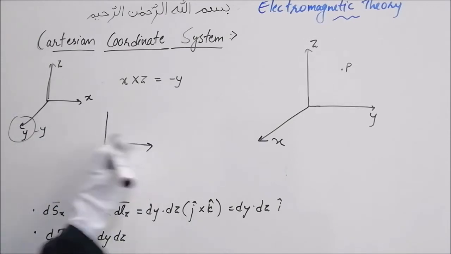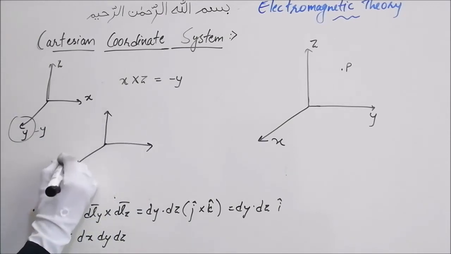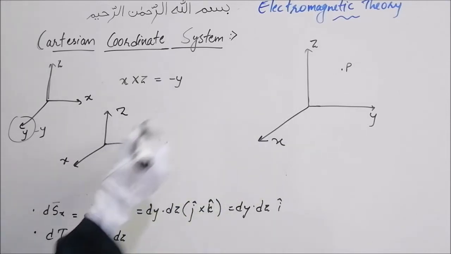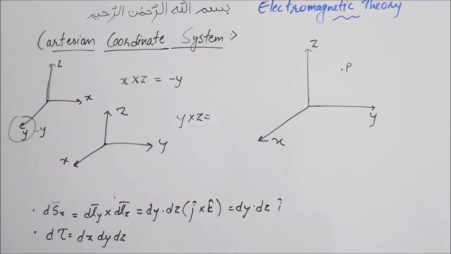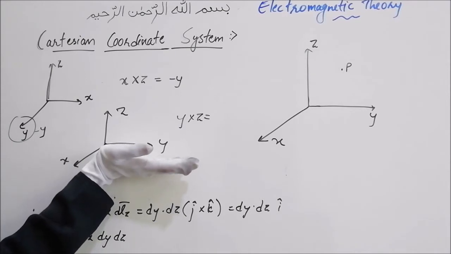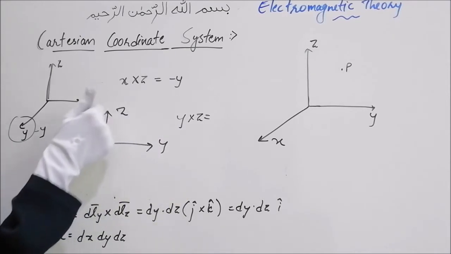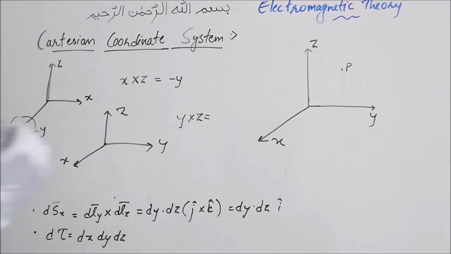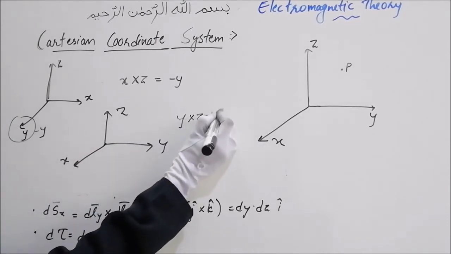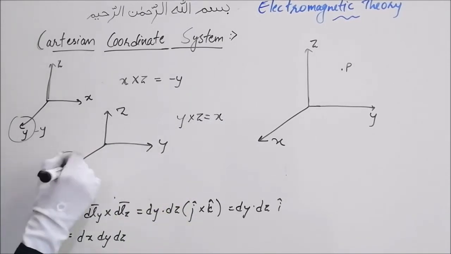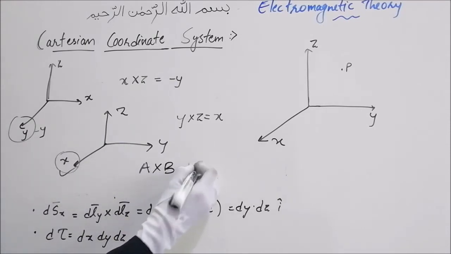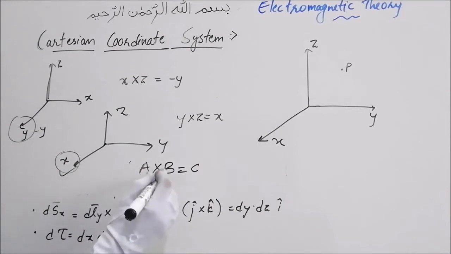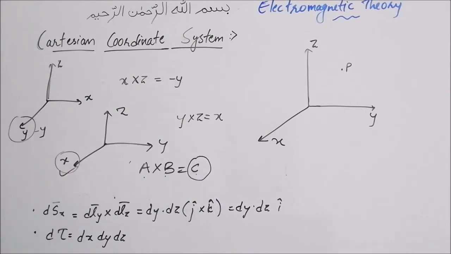Another example, if I take coordinates like this, x, y and z, just the one we have taken here. Now if I take my right hand and I have to do y cross z, I'll take the fingers along the y direction, I'll curl them towards the z direction. So the direction of thumb will point y cross z. Y cross z we know is nothing but x. So the direction of thumb, that is this direction, is x direction. So you have to remember this. A cross B will give us C. The fingers along A, curl them towards B. The direction of thumb will give us C.